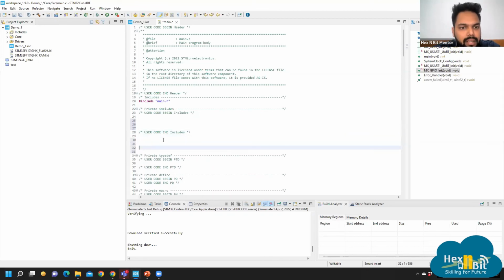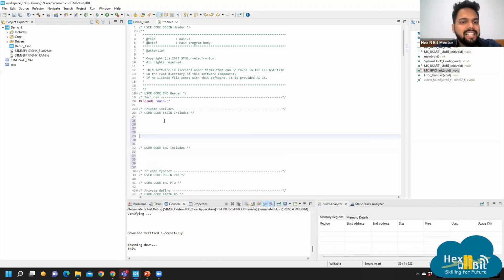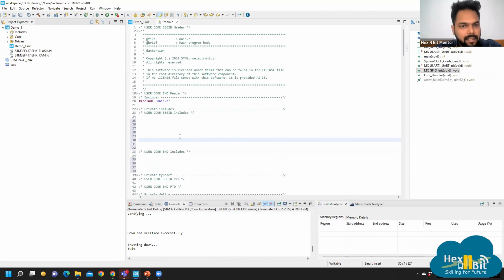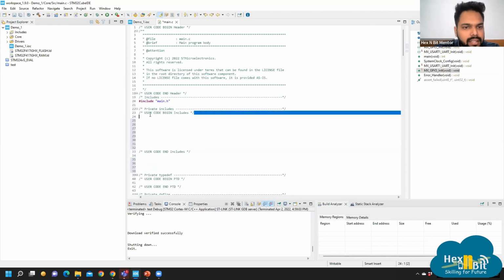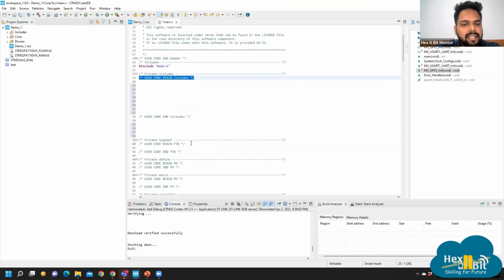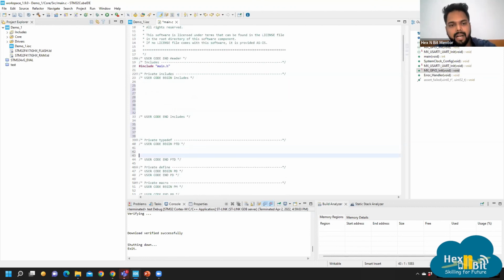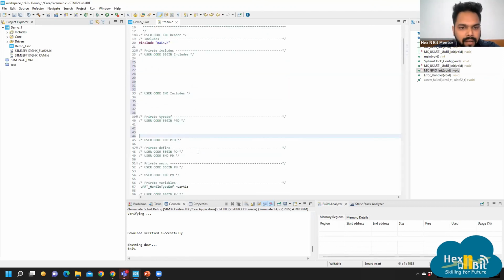If you write code after the code end, okay, then if you go back to the CubeMX to configure one more pin to regenerate the code, your code will be removed. Okay, so you have to make sure you're writing your code in this section. You can write as many things as you want in this area. Okay, so this is for header files. Similarly, this is for another private variable, private definition that you want to define. Okay,